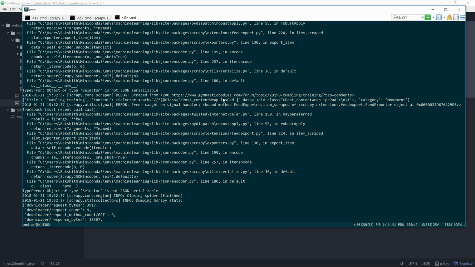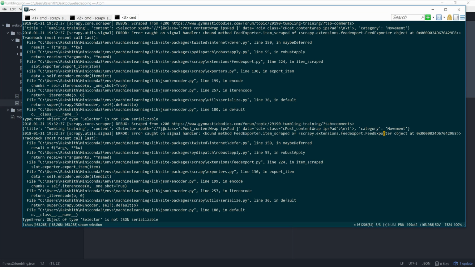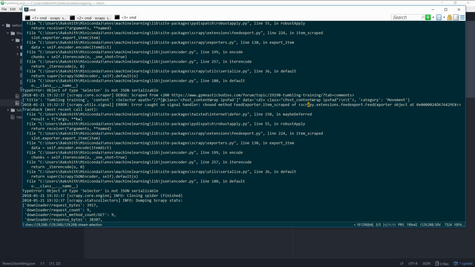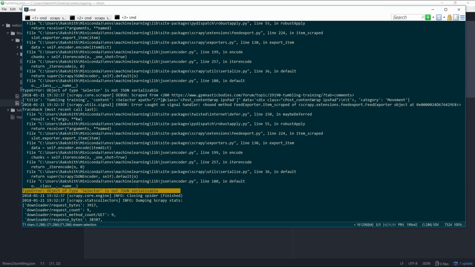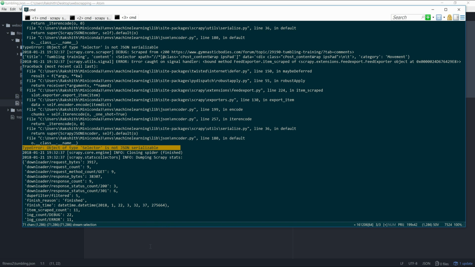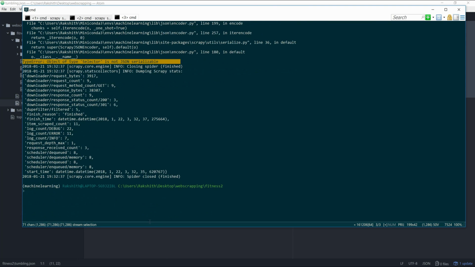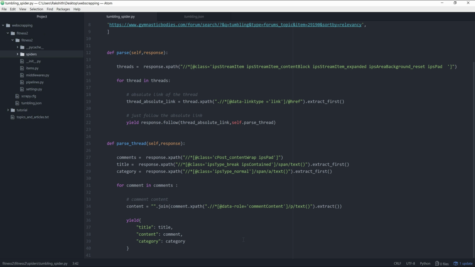What is the error? Okay, selector, tumbling training content, selector path, category and moment. Okay. Error caught on signal handler, Scrapy of something. Scraped extension feed exporter. Like, what is going on? Object of type selector is not JSON serializable. So if this is what it says, finally I could see something that's valuable to me. So where am I throwing an object that is not serializable? So am I throwing out